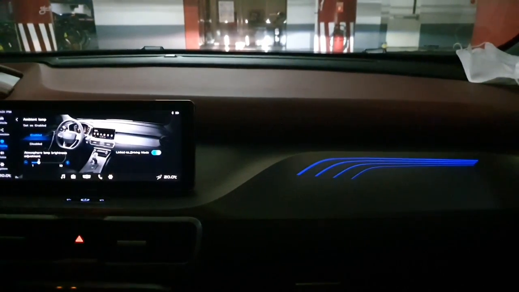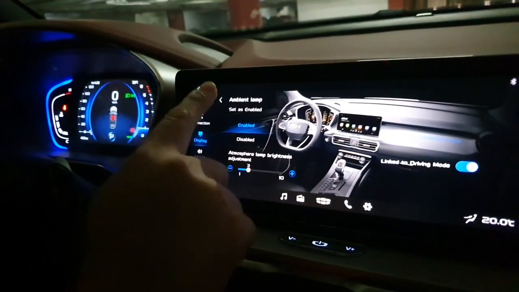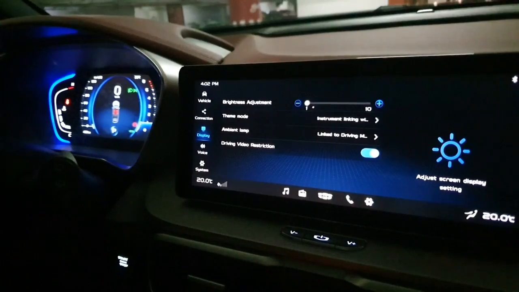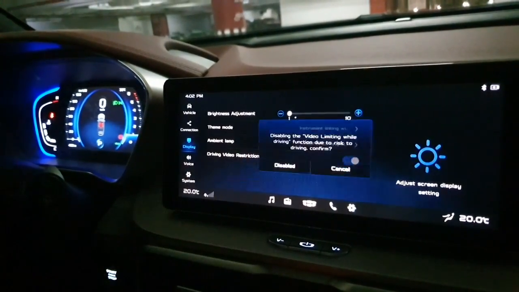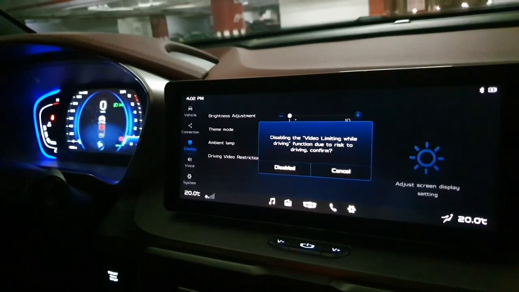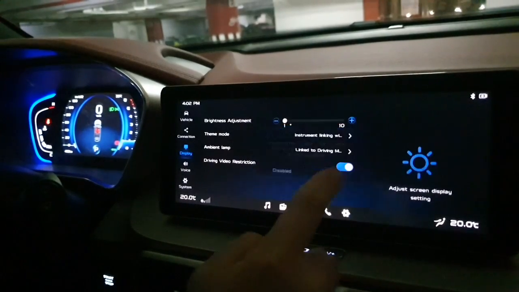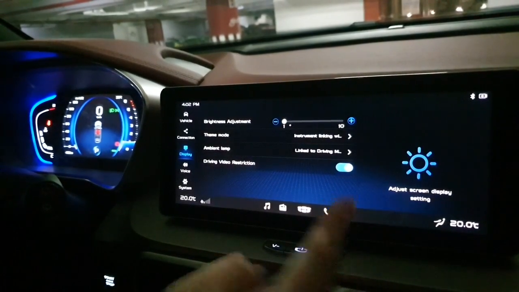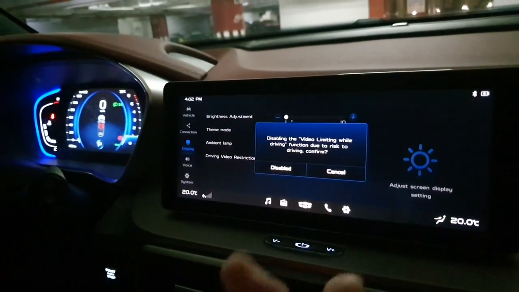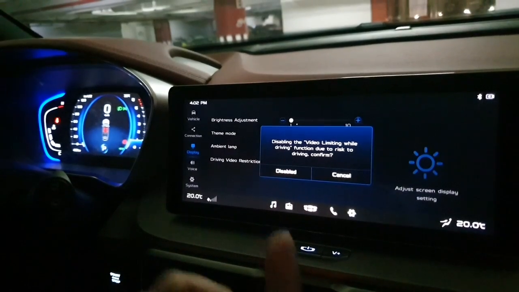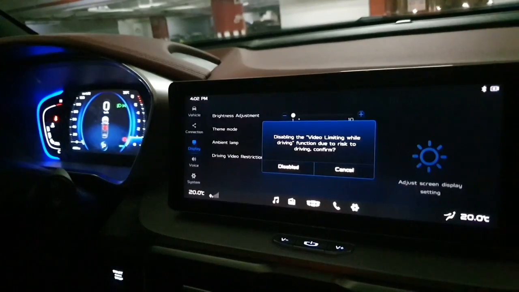So, i-keep lang natin siya based on okay? Right. Now naman is going to be the driving video restriction. So ito naman yung playing videos while driving. So either you wanna disable it, so ibig sabihin kasi pwede pa rin kayo manood ng video while driving, okay? Pero to me, I always enable it just for me to be reminded of safety